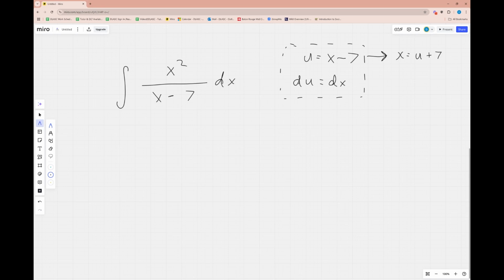So then if I put everything in terms of u, well, let's think. This would be the integral. u is equal to x minus 7, right? So my denominator is going to have u. And then my numerator is x squared. x is u plus 7, so this is going to be u plus 7 squared. And then dx is du, right? Okay, so now that we've gotten that far,